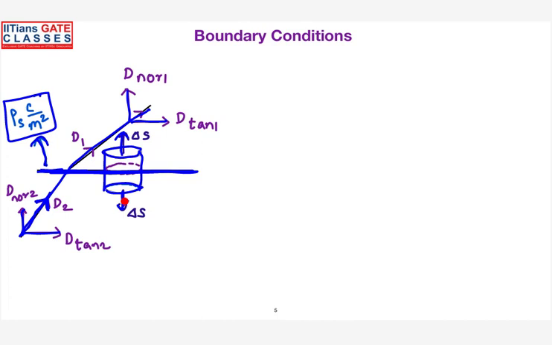What does Gauss law say? There will be some amount of flux leaving in the top and bottom directions. The net amount of flux leaving the surface is exactly equal to the charge present inside it. So I can apply Gauss law here. The flux leaving this small cylinder is equal to the total charge enclosed in it.